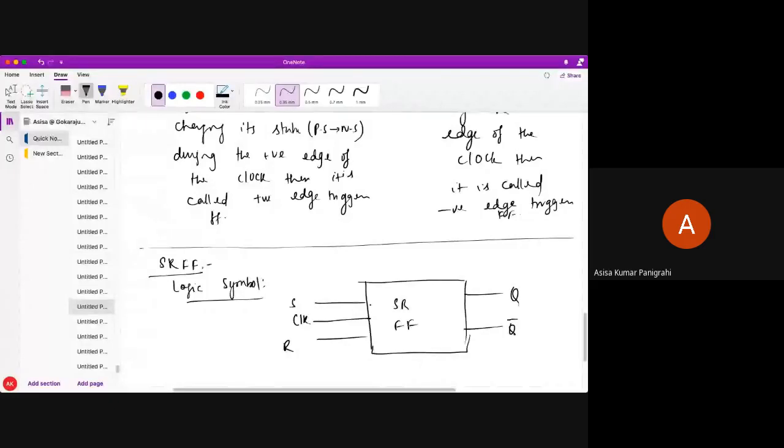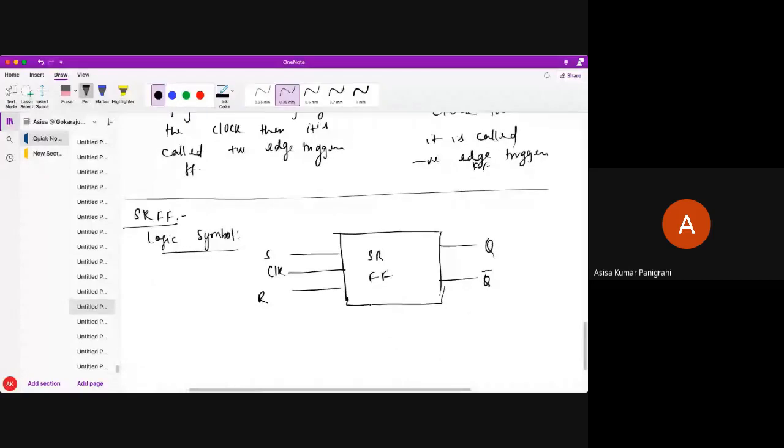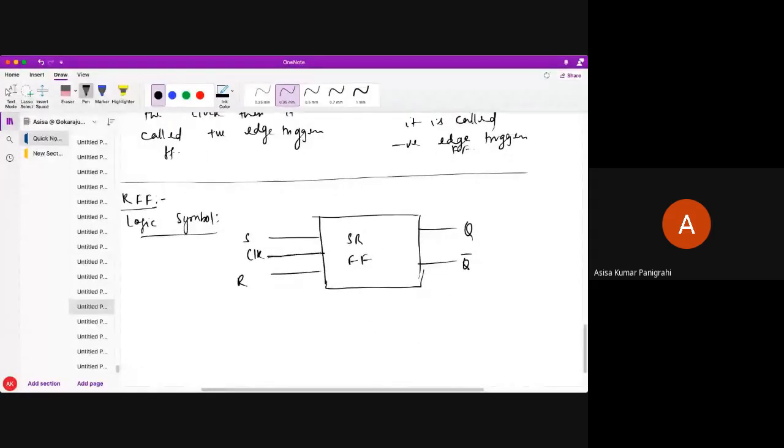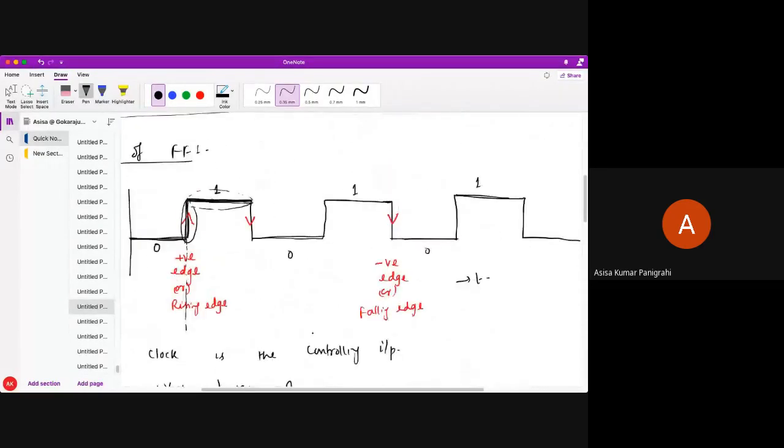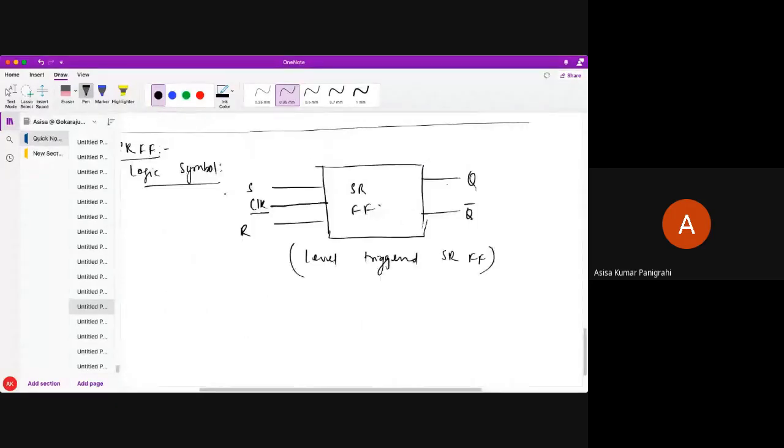Now you can see, if this type of SR flip-flop has the clock pulse given directly like this, without any symbol, then it is called a level triggered SR flip-flop. What do you mean by that? It means the state of this flip-flop, present state to next state, is going to change with the application of the clock pulse, and this clock pulse should be triggered at level 1. Remember, always level 1. There is no level 0. Understand? Flip-flop is going to change its output during level 1.